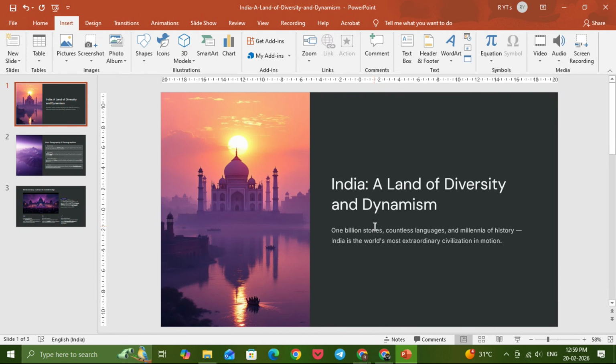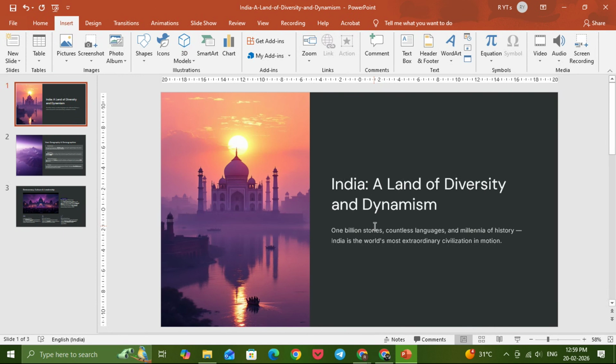Now, let's jump right in. First, open Microsoft PowerPoint on your computer. Once PowerPoint is open, go ahead and open the presentation that is currently password protected. You'll need to enter the existing password to access the file, so type in the correct password and click OK